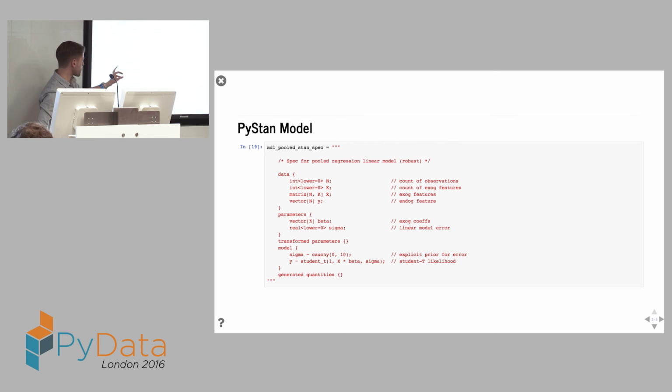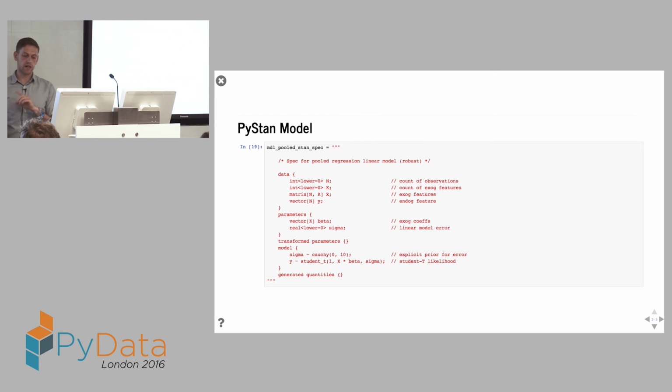The model error. Transform parameters is an option. I haven't used it here, haven't needed to. And then we just describe the model. So it looks quite similar again. Here's our noise. It's being pulled from a Cauchy distribution. It's actually being pulled from a half Cauchy distribution because I've declared a lower bound on it. So you see, the PyMC3 way of doing that would be to declare an actual half Cauchy distribution. This one is inferred. And then I'm pulling the results from a cross of my coefficients from a student t distribution with some error that we've seen. It's fairly straightforward. Generated quantities down here is for things like posterior predictive checks.